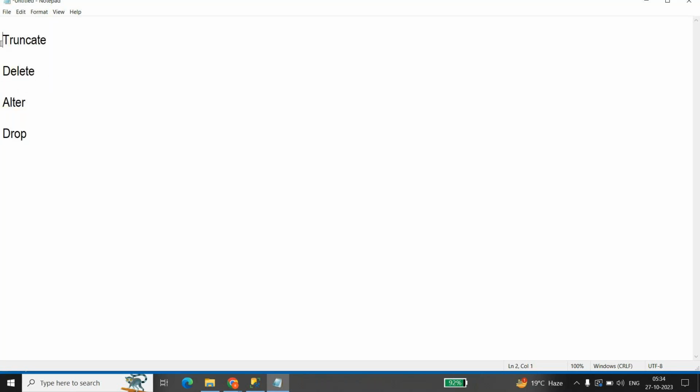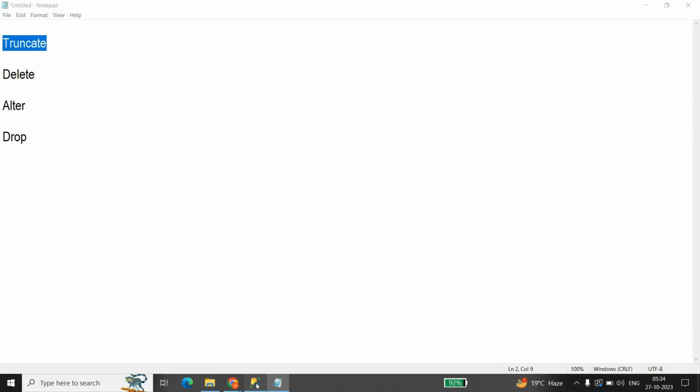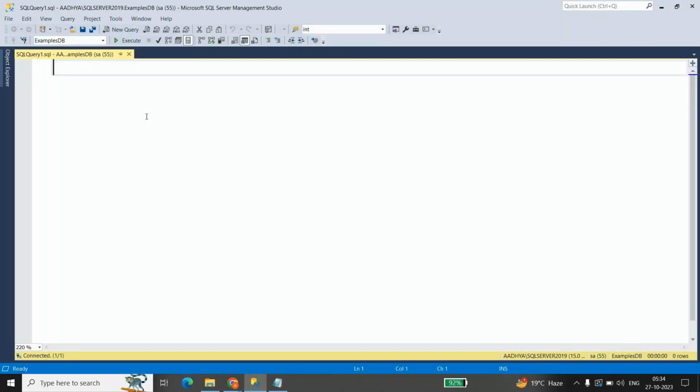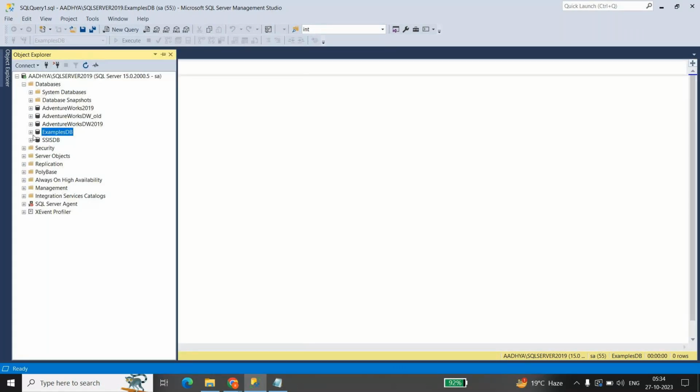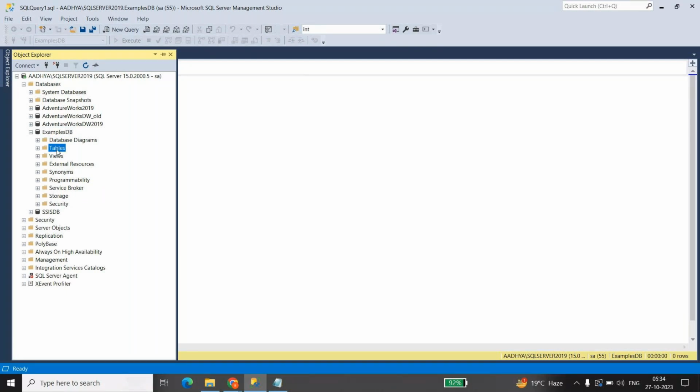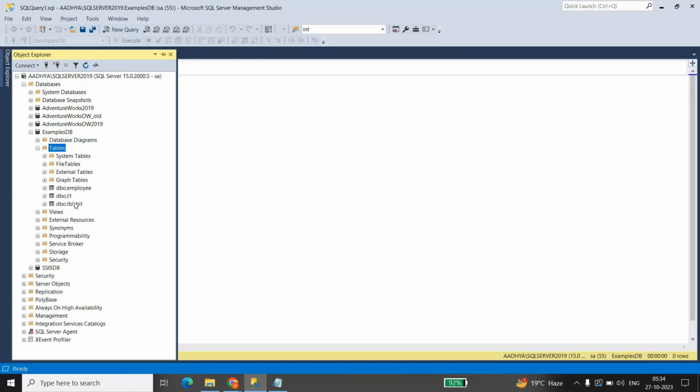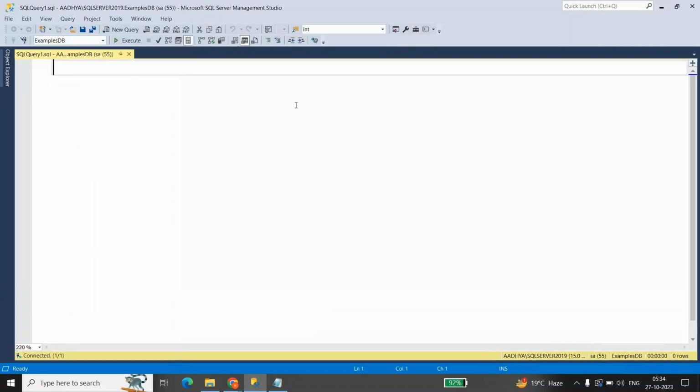So let me create one table and insert some data. Just see here, I'll create a new table. If you go to this database, click on this plus button. Here you have tables, click on this. Here you have some employee table. We'll now create a new table. Create table customer,